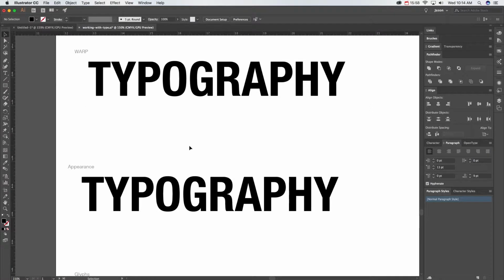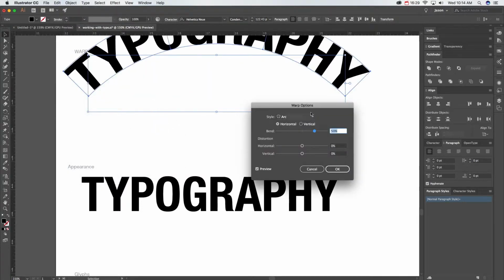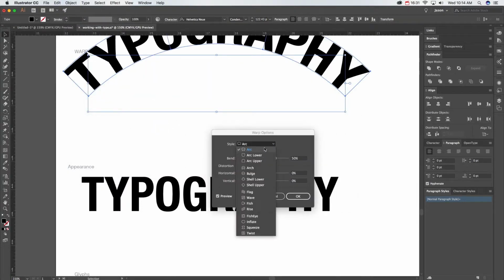There are a lot of ways that we can warp objects. You can also warp text. We can go up to Object, Envelope Distort, and then these are your three different types of warps, or distortions. You can make it with a warp, you can make it with a mesh, you can make it with a top object, but Make with Warp is a quick way to style your text